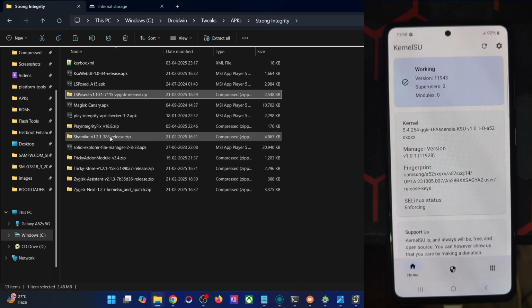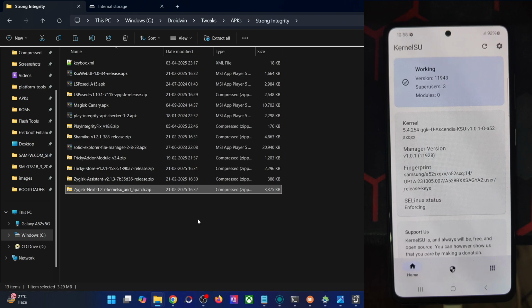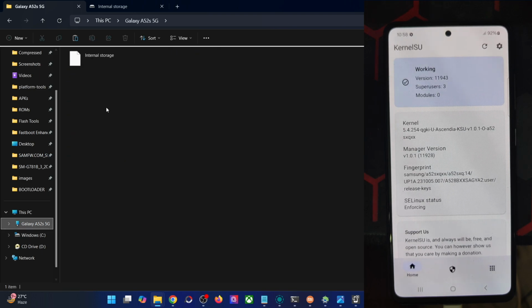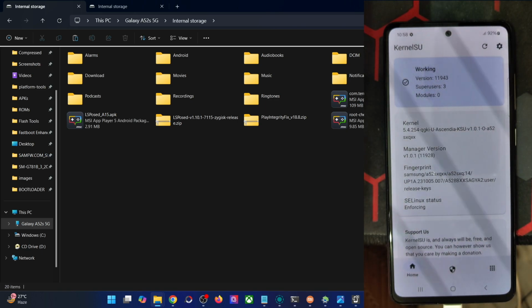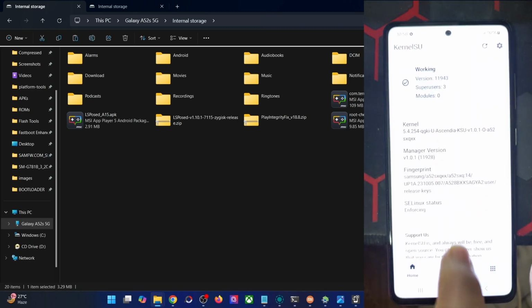So first you will have to flash the Zygisk Next module onto your phone, and only then Zygisk will work. For the sake of reference, let's use the Zygisk Next module and I will show you how this works. This is a very important thing. Please always keep this point in mind that KernelSU does not have a built-in Zygisk as opposed to Magisk. So you will have to flash the Zygisk Next module to enable Zygisk.